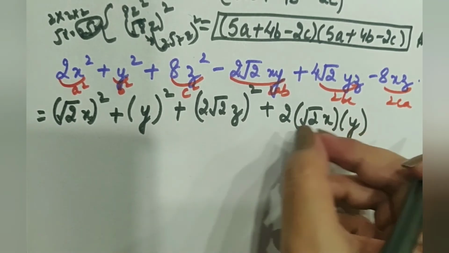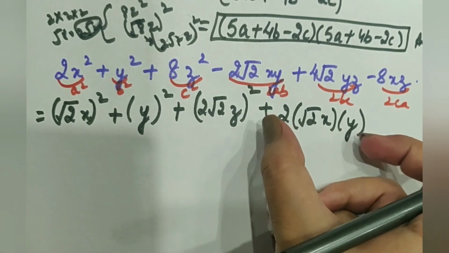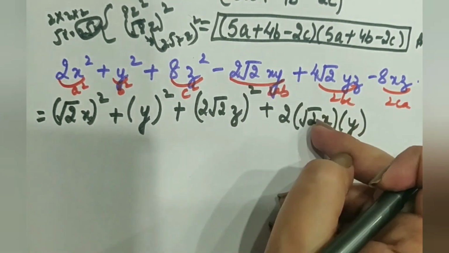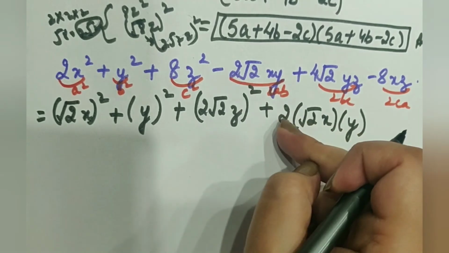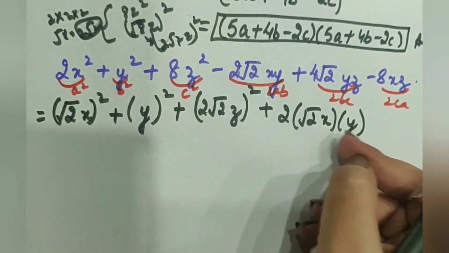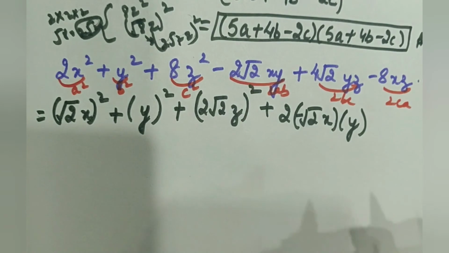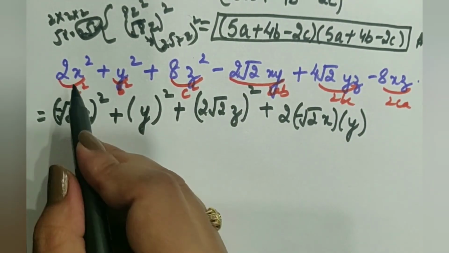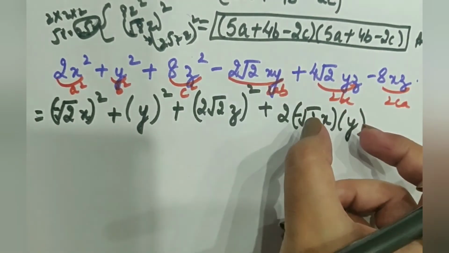Let's check if we are going right or wrong. 2 into root 2, 2 root 2; x into y, xy. So this becomes plus 2 root 2 xy. But in the question we have minus 2 root 2 xy. That means we are doing something wrong here. Overall sign is negative. That means either a or b should be negative. Let's consider a as negative first. If we are taking a as negative, this would also become negative. There would be no effect on this a square. And if we are taking negative here, this term becomes minus 2 root 2 xy.